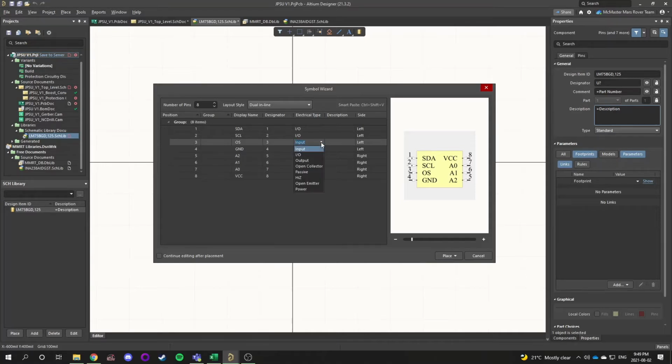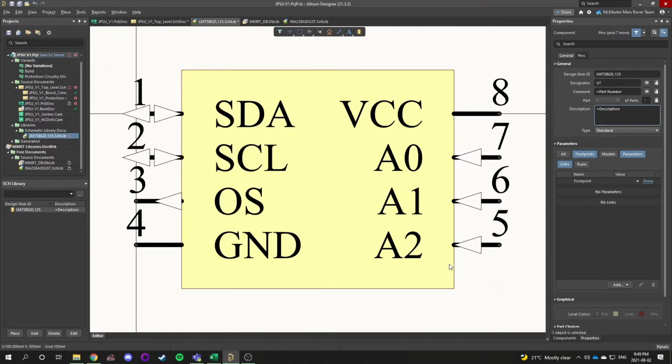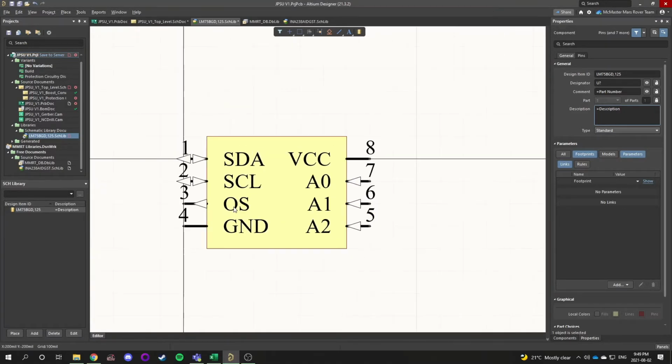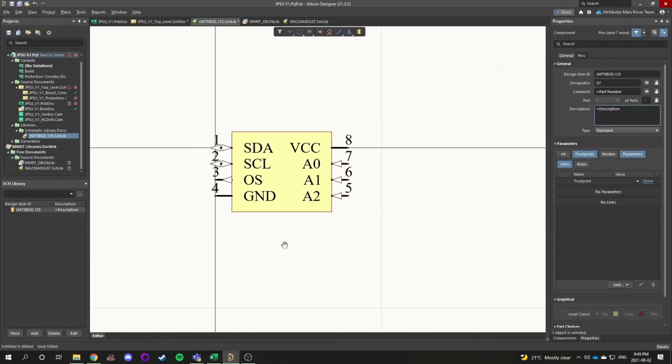For OS, or our over temperature shutdown, we know that's going to be an output. Our ground pin, that's going to be power. And then our addressing pins, these are all going to be inputs, so I'm not going to change those. And then VCC, we know that's going to be power. And then if you're happy with everything here, you can click place symbol,